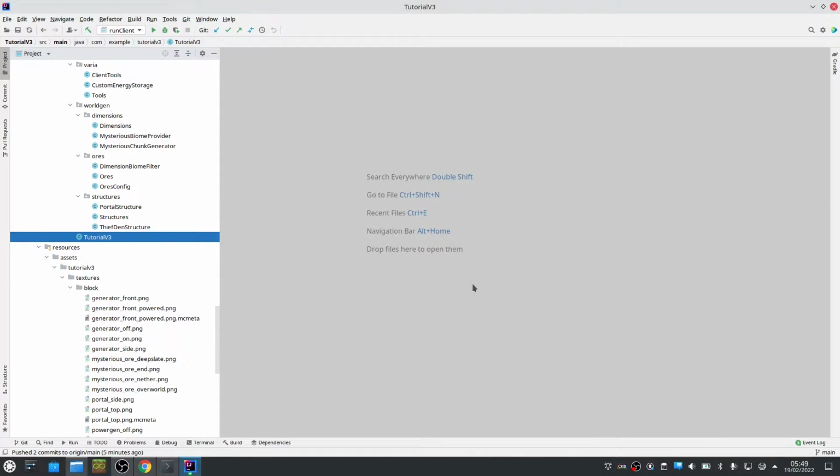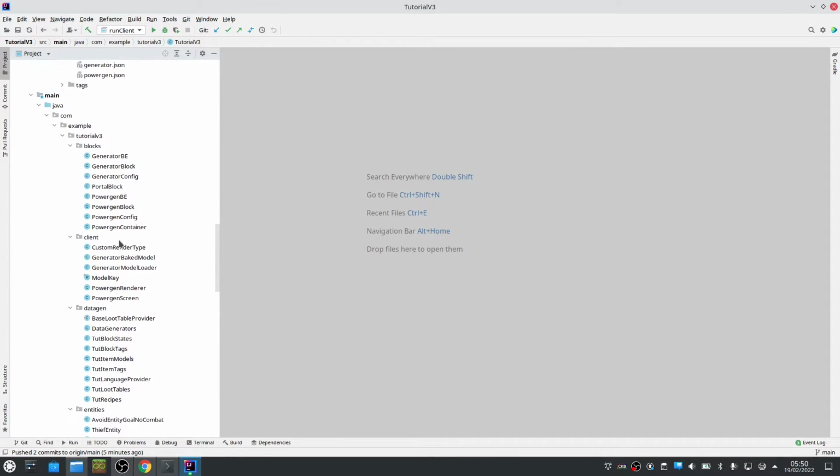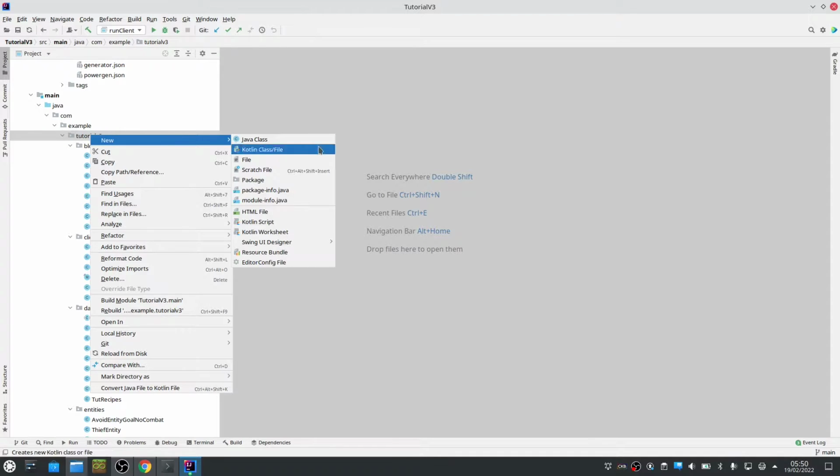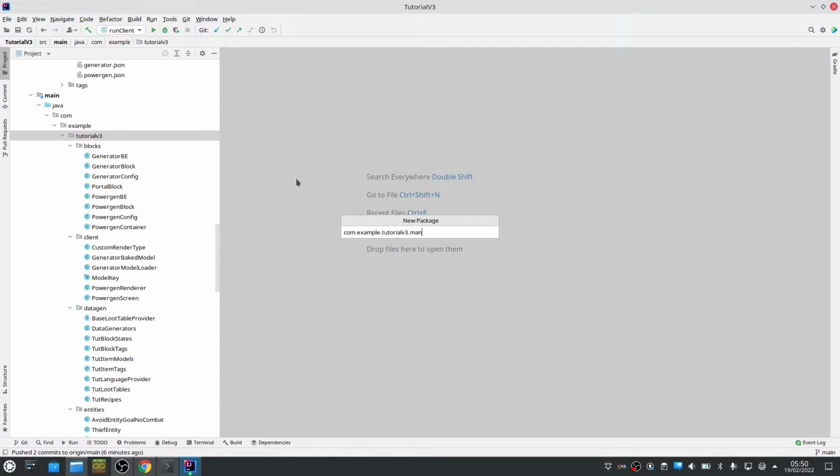So to make this mana system, we will use data that is attached to the world, where we store the mana available in the world per chunk. And we will also need data that is stored with the player, like how much mana the player has already gathered. So we start by making a new package, mana system,